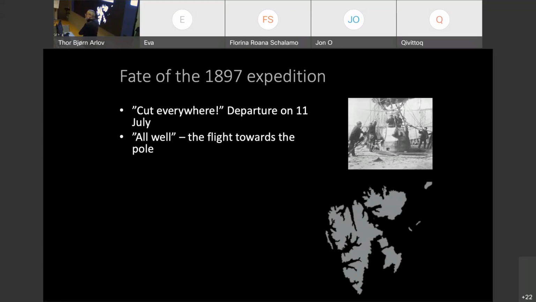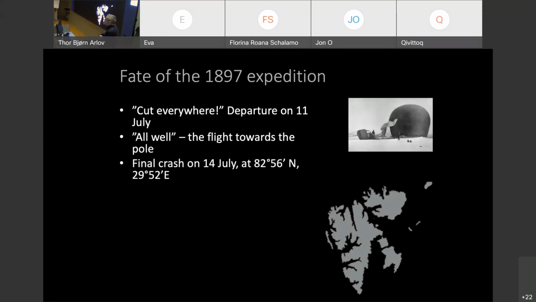And they found a message. On that message, it said, "All is well," one day after liftoff. In fact, it wasn't. All was not well at all. Because they had, at that point, one day after the liftoff, they had already crashed into the ice once, because the balloon leaked gas. It was weighted down by ice that condensated on the balloon,